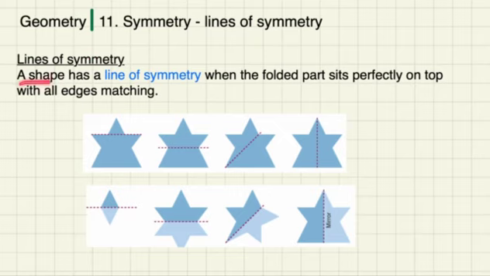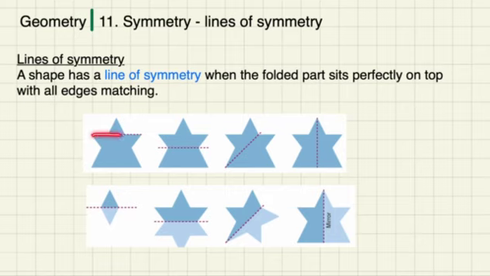Well, a shape has a line of symmetry when it can be folded and the folded part sits perfectly on top with all its edges matching. So for instance, let's have a look at this shape here. It's a funny shape here. And you can see that